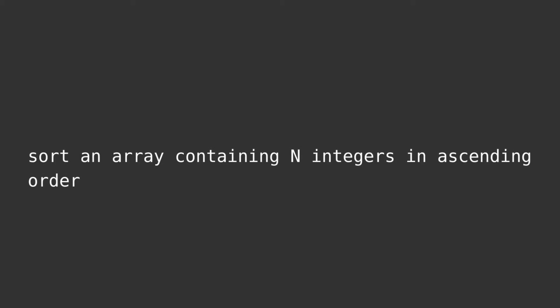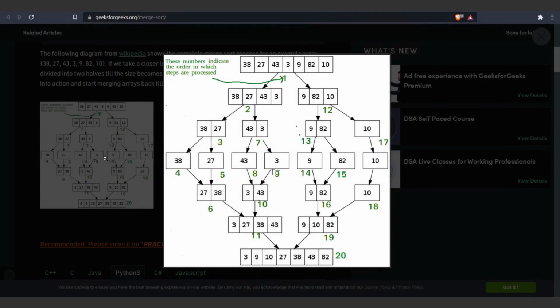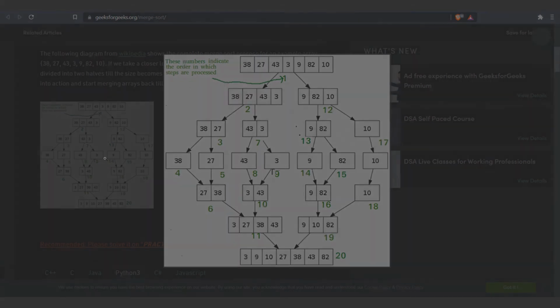But what does this have to do with our original problem? Let's frame our problem. We have to sort an array containing n integers in ascending order. Now, can you think of something that can be solved very easily? What if our n is 1? If there is only one element in an array, we can say that array is sorted. Interesting. But what next? From here, we can go on and keep combining the sorted arrays to get our final array sorted. Isn't this amazing? This algorithm is called merge sort because we sort our array by merging two sorted subarrays.